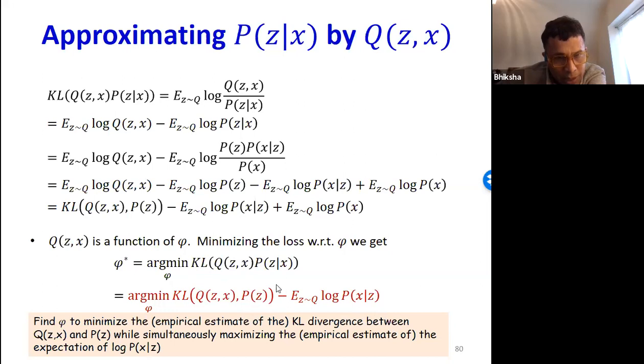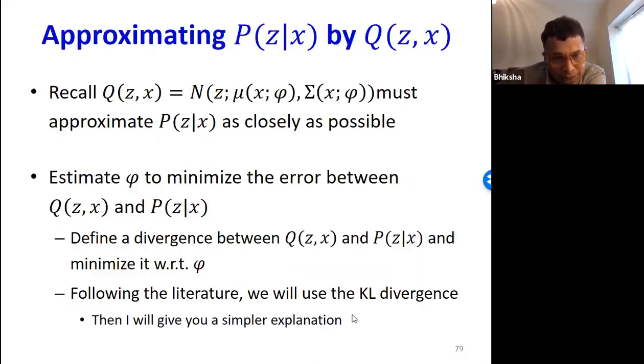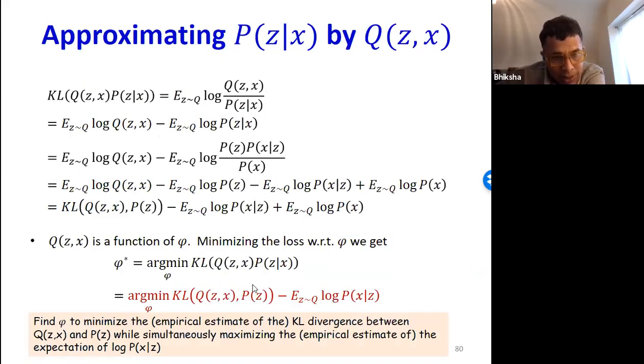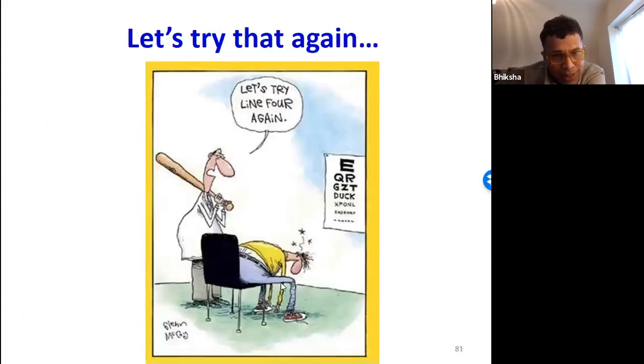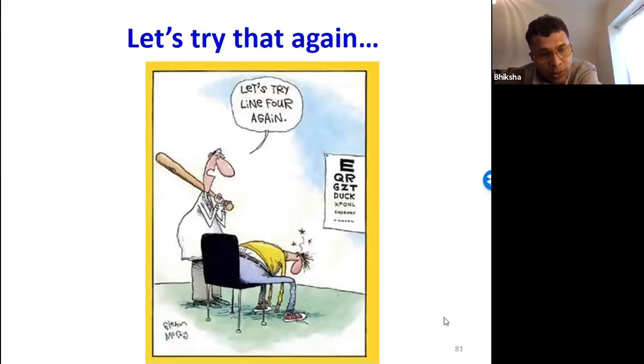Now this says that you want to learn these parameters such that the distribution of Z given X is as close to a standard Gaussian as possible. At the same time, you also want to maximize the likelihood of X given Z. So now this looks like an ugly piece of math. There's a lot of math over here, and I don't really expect you to understand all of the math. I'm just going through it because that completes the discussion.